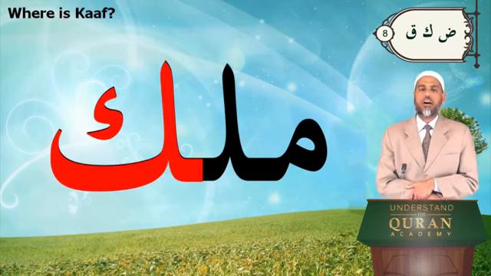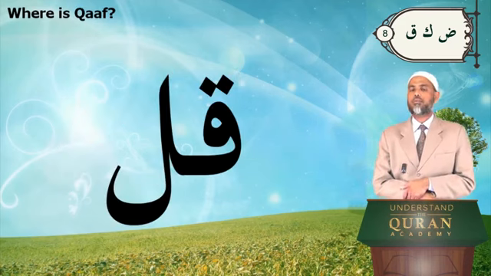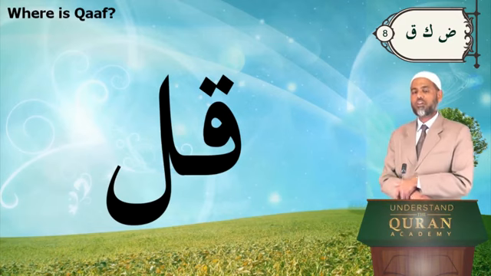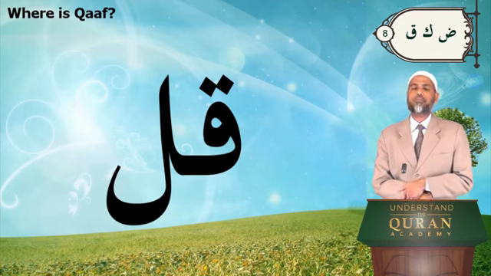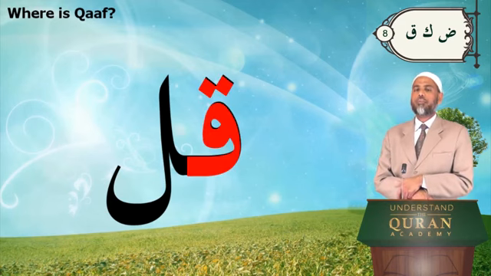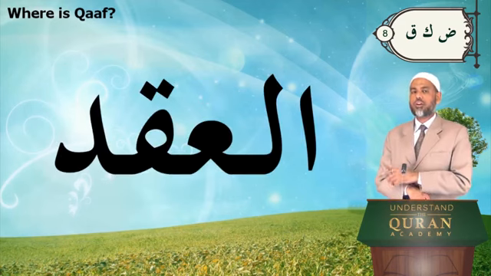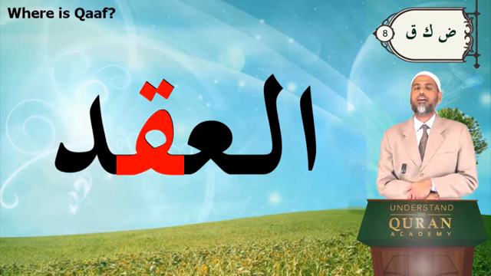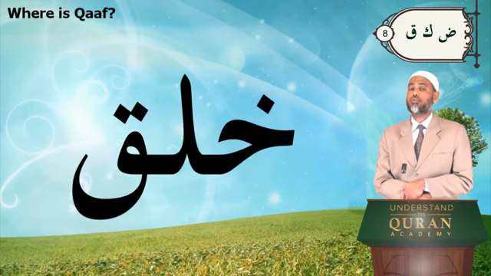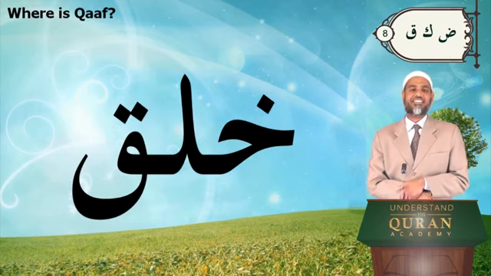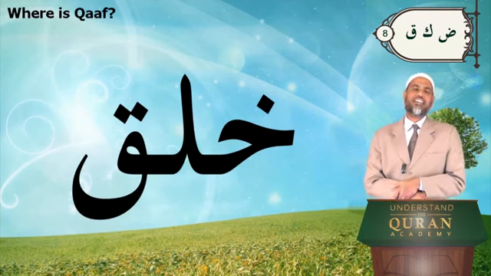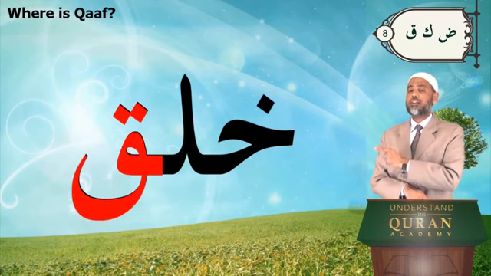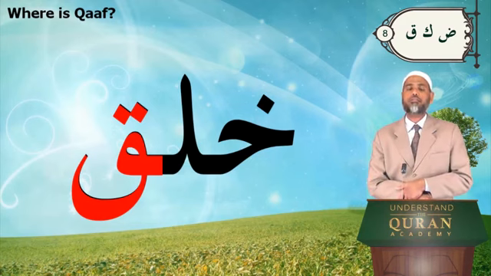Where is the letter qaf in this one? Qaf in this word. Qa. 2 dots on the top of a circle. So it's the first one. Qaf in this one, 2 dots on the top of a circle. Qa. And here, 2 dots on the top of a circle and a big cup. It's in the end. The first one is kha. Okay, kha. We learned that kha. And this is qa. Don't mix the two.